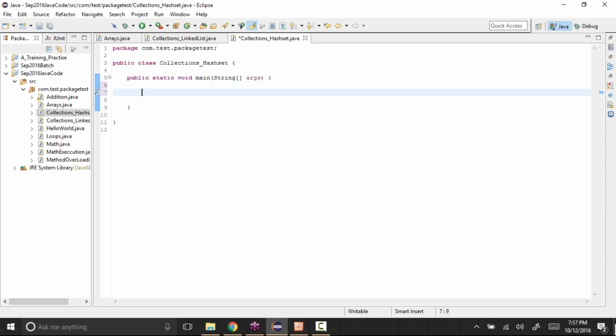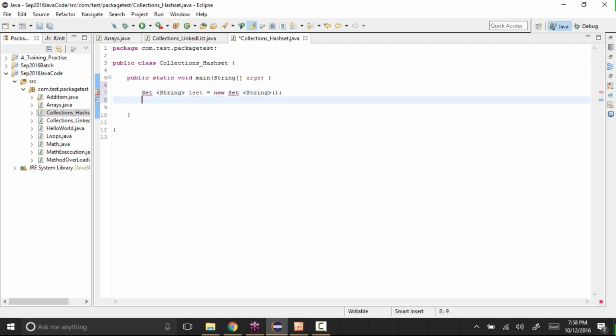Now I want to create that set. Uppercase Set, and then type what type of set you want to create. Let's say this is a hash set. So I can say lset equal to new Set of String, open and close brackets.